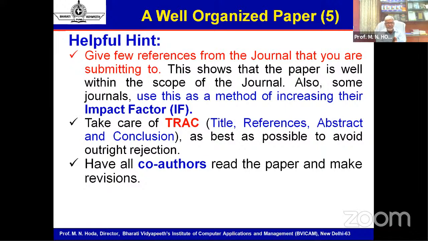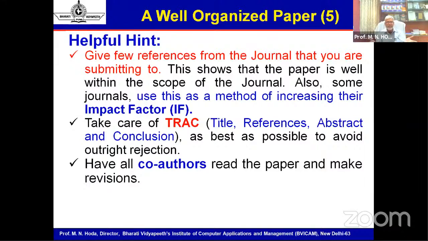Second, the editor-in-chief will get an inherent interest in your paper, because he is visualizing that if this paper is accepted after review and published in my journal, they have already referred 5 papers from my journal, so 5 citations are increasing, and by a new author, not self-citation. So 5 new citations will be coming. So he will make it a point that your paper is not outrightly rejected and will give you enough opportunity to revise your paper to the level the journal is publishing, and then only he will accept the paper. It will not get accepted without revision.